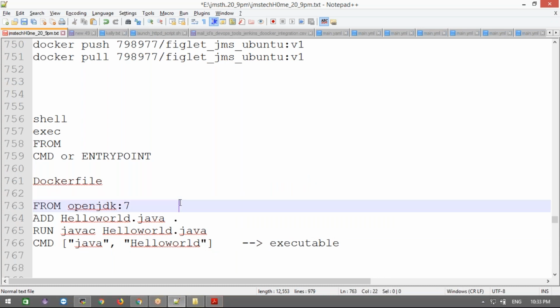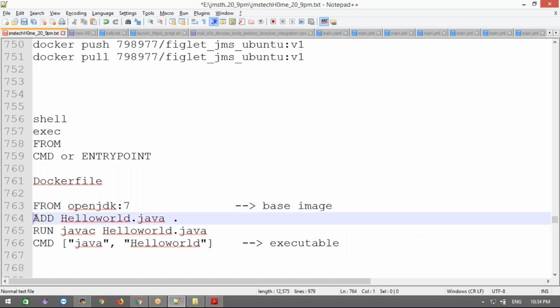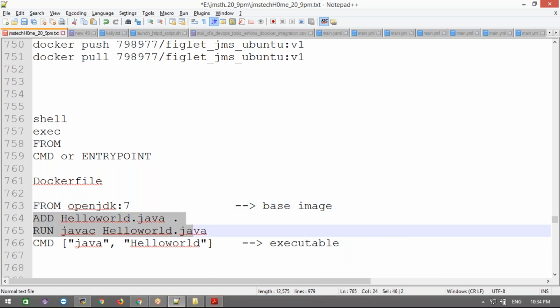We are calling the first command the base image. What image are we going to build? That is the base image. And all of the instructions to create it: copying the files, executing the files, installing some software, uninstalling some software, removing some files, copying some files, and then port numbers, volume creation, everything. All instructions we write between the FROM command and the CMD or ENTRYPOINT command. All the instructions for what you want to create as a Docker image, your own custom Docker image, we are going to create using all the instructions here.